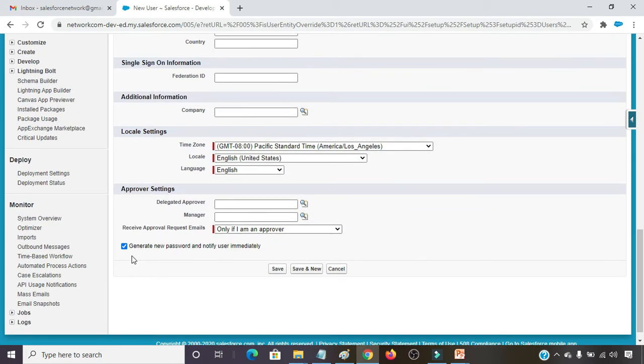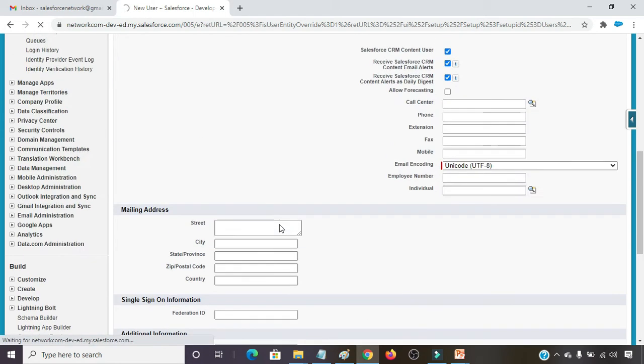Here one checkbox comes by the name Generate new password and notify user immediately. If I check this box, immediately a message is sent and it asks for changing the password. So I am going with this one only. Clicking on the save button.